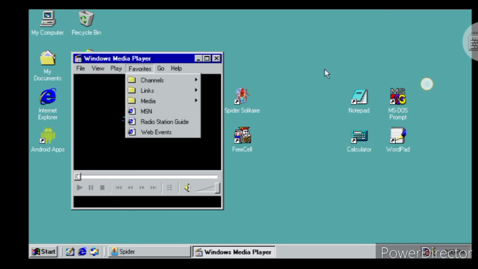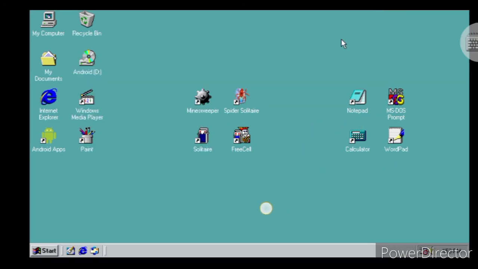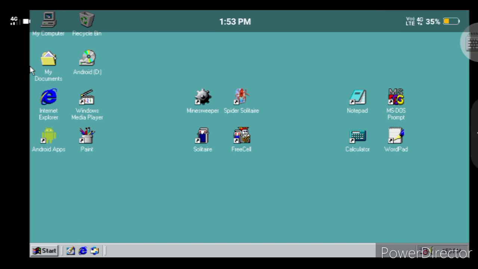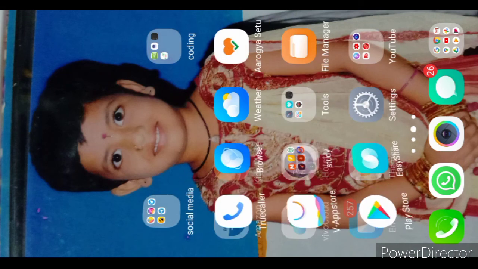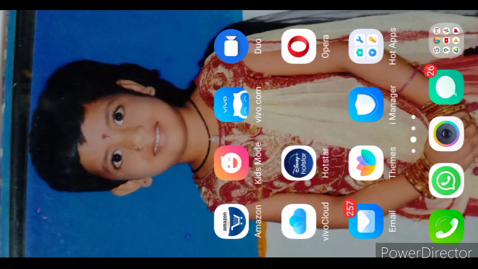So simply friends, my mobile is now converted into a PC desktop. So this is a very good app. If you want to close this, just click on the back button. You will come back to your Android version.